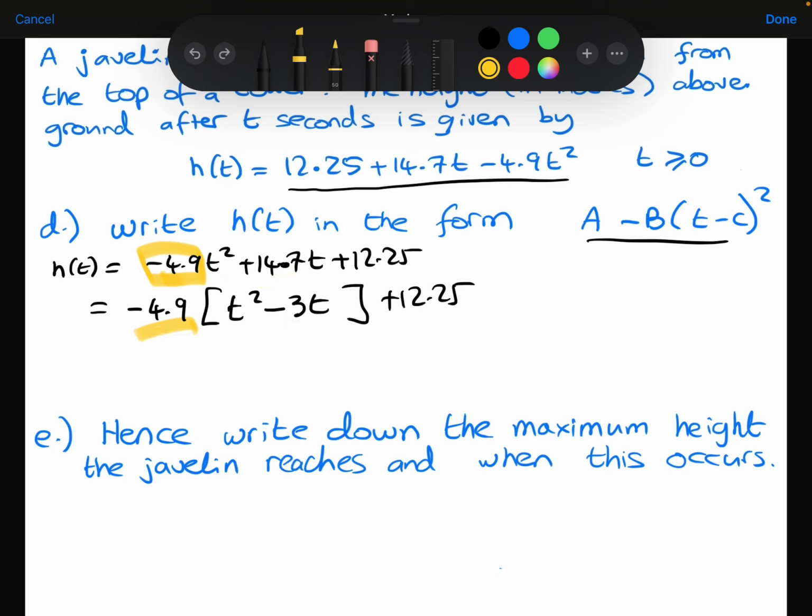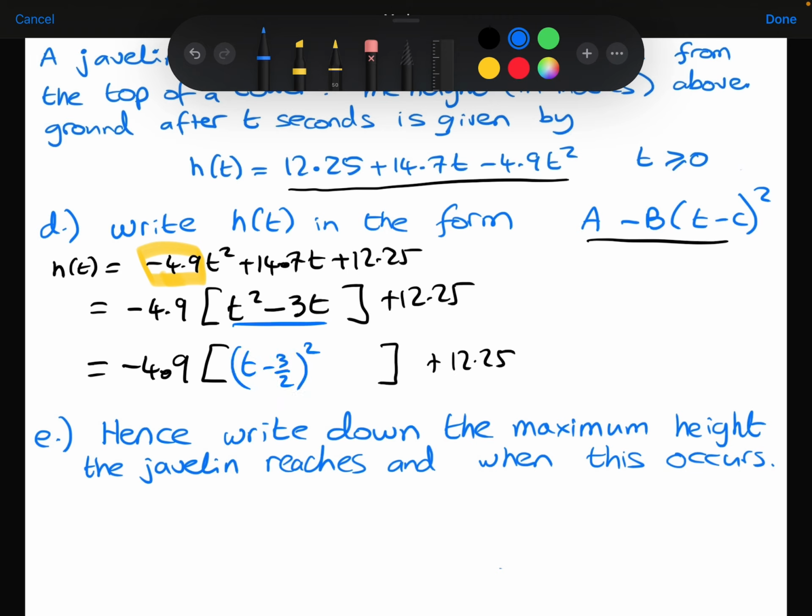But now I can actually complete the square. So let's leave that there for now. Let's complete the square on what's inside those square brackets. So this t squared minus 3t will become t minus 3 over 2, all squared, minus 9 over 4. Now we're going to multiply through by the minus 4.9, so minus 4.9 times this, and minus 4.9 times the minus 9 over 4